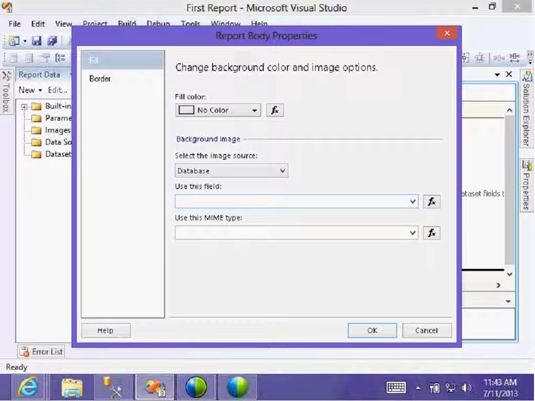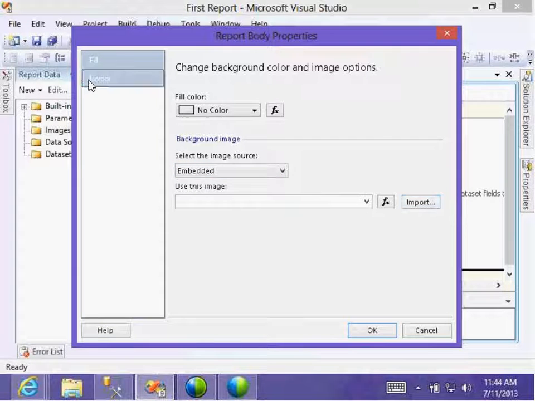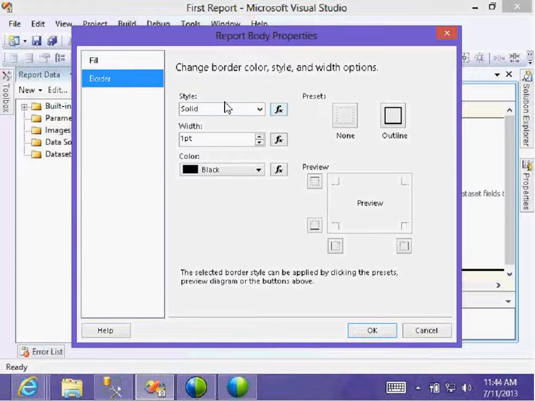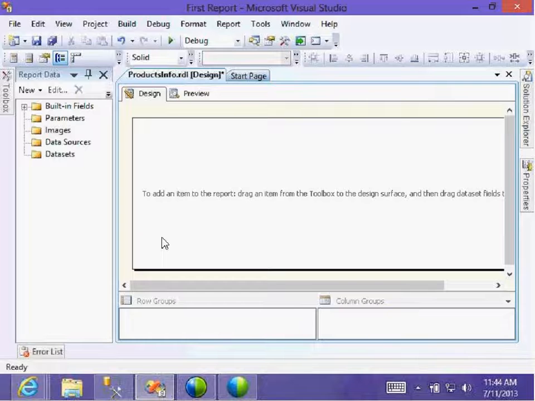Or you can store images in the database, then you need to get them; we are going to work on that later. So let us use an embedded image, and you can set the background color according to that. Both outline for the report, outline will be displayed for the report.